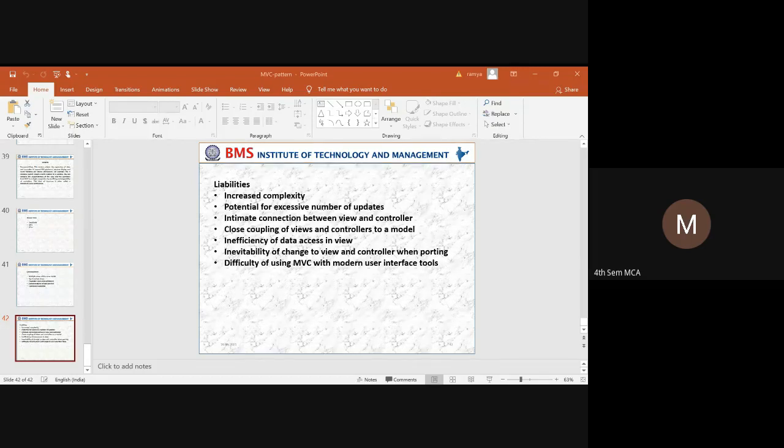And next thing is intimate connection between a view and a controller. So there is a close relationship between a controller and a view, though they are separate, but literally they